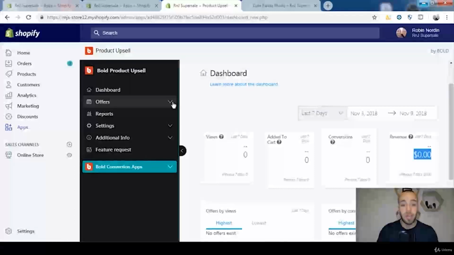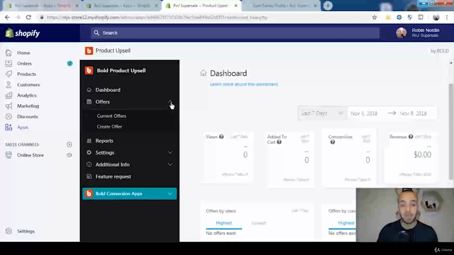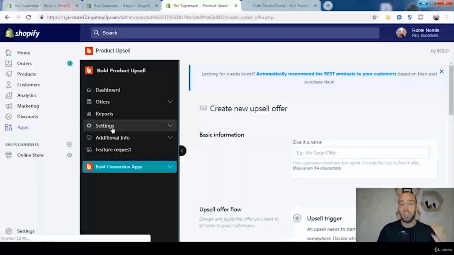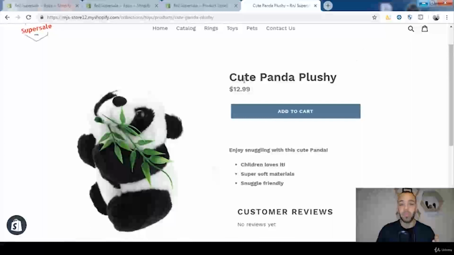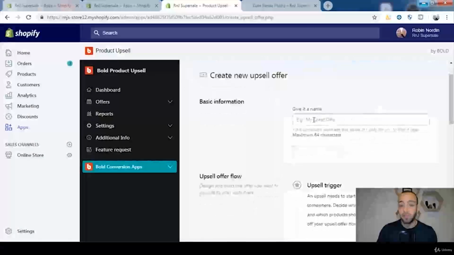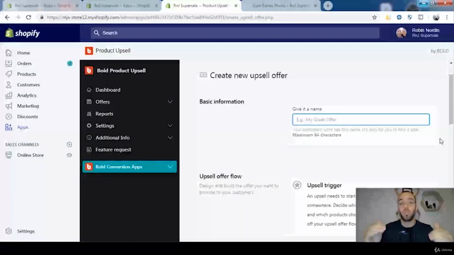Now, before you go ahead, just click the offers tab here, scroll down, and click on create offer. Now we're going to go ahead and create our first offer, and the product that we're going to trigger it with is this one, the cute panda plushie. Now, first of all, you would like to give it a name here, and this is only something that you can see so you can sort through your products. So, cute